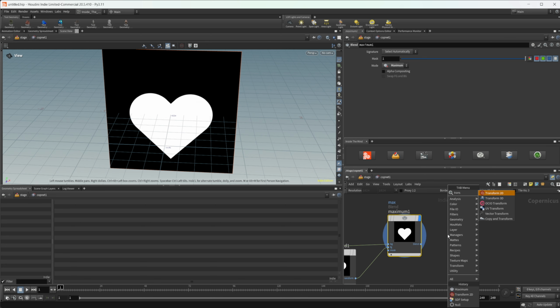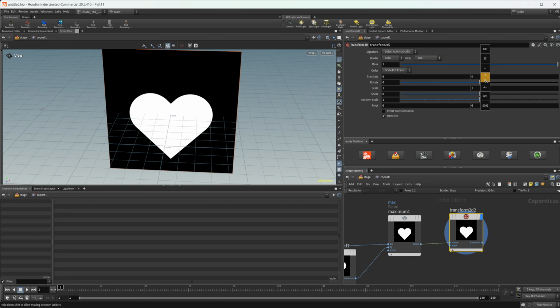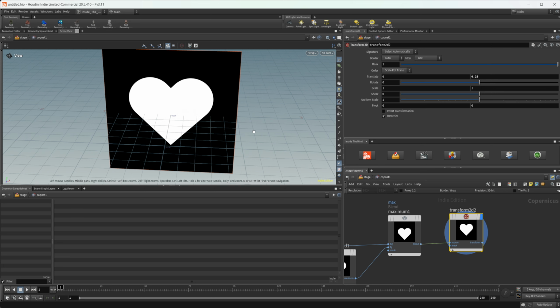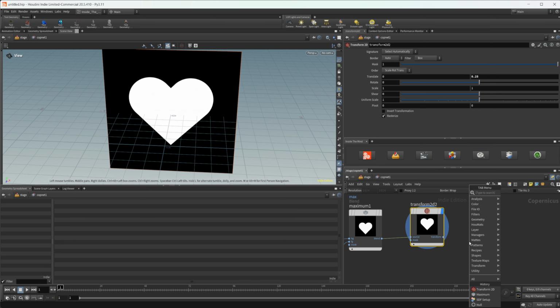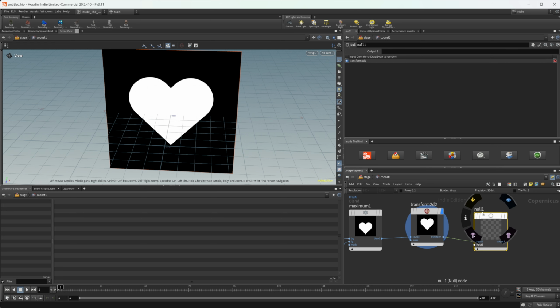So let's drop down a transform again, and I'm just going to center this. Not that this matters too much, but just for my own sake. I'm going to center that and drop down a null, wire this in, and I'm going to call this out heart. And I'm going to select this node, and I'm going to go ahead and just copy that,